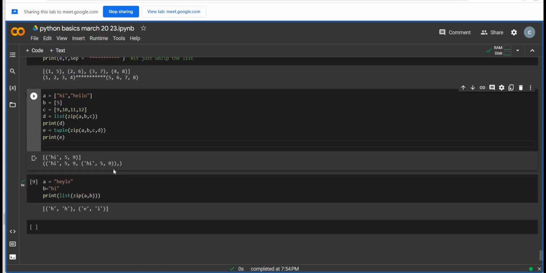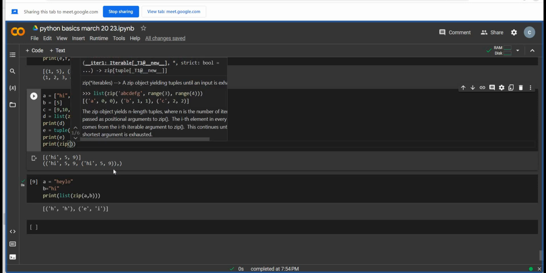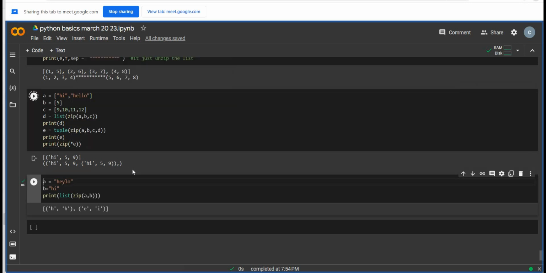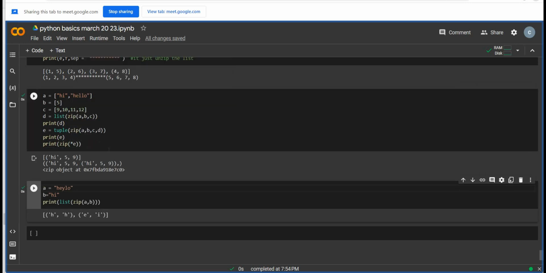Here when we go on print, let me print e comma zip comma star e. If I print it, list,